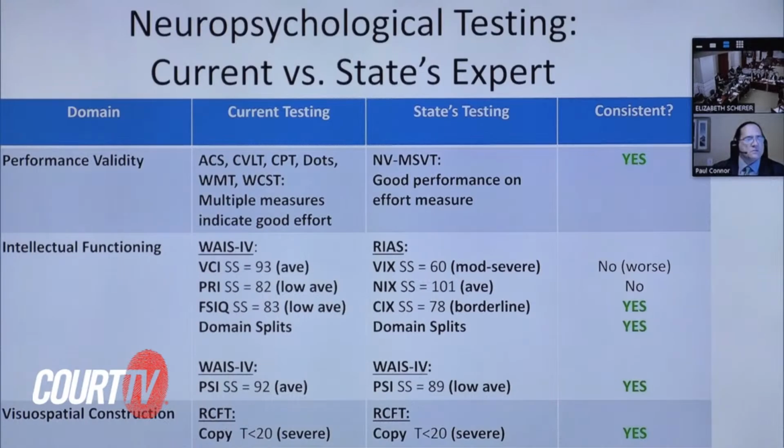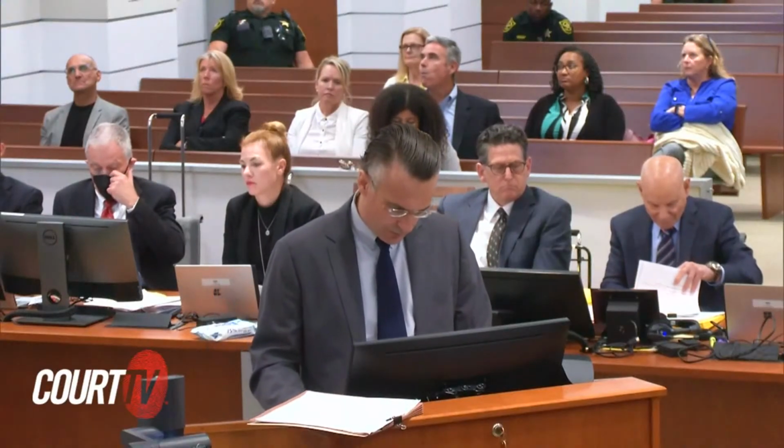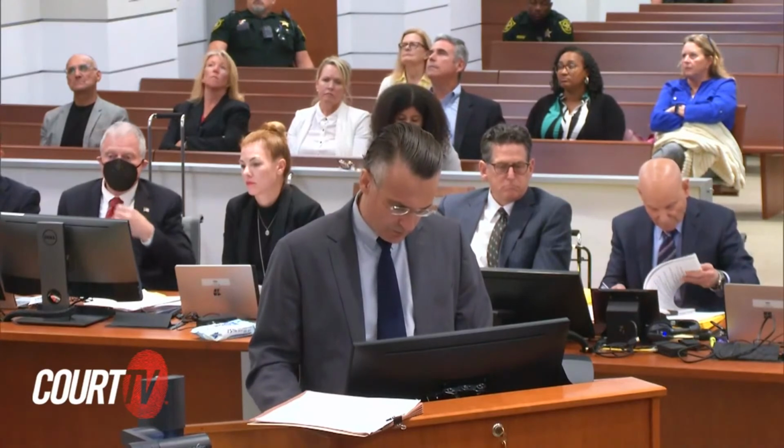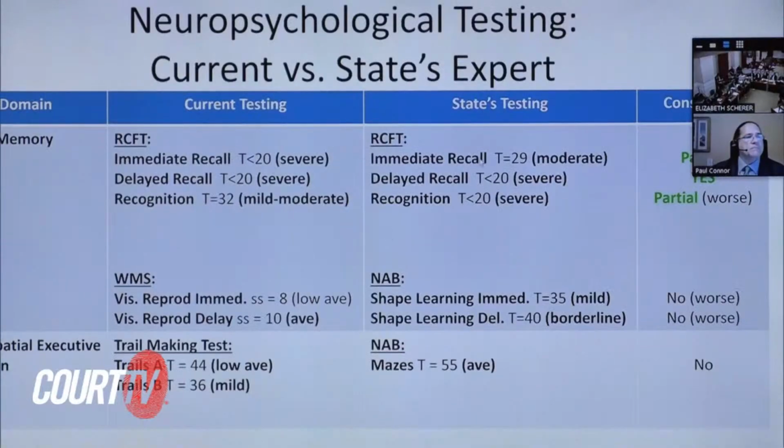Copying of that complex visual spatial figure, both times severely impaired range. All right. He did some more testing. The memory component of that complex figure, he did slightly better on the testing by the state's expert, but still well within the impaired range. For immediate recall, so very short recall after a couple of minutes, and delayed recall, again, severely impaired on both assessments. When he did the testing with us